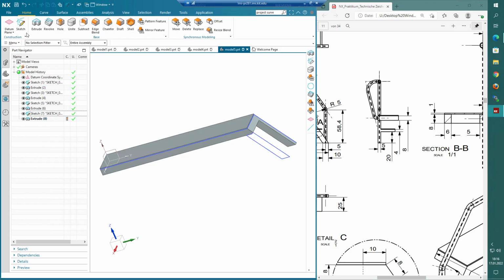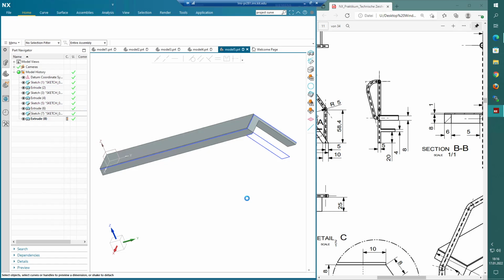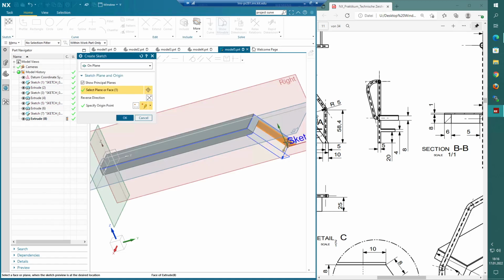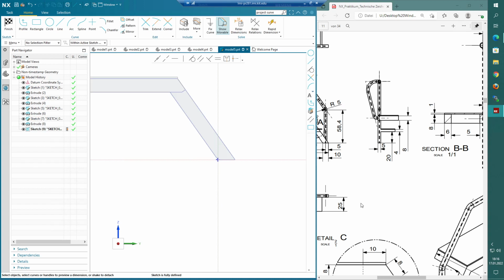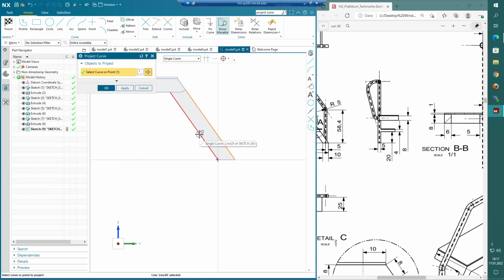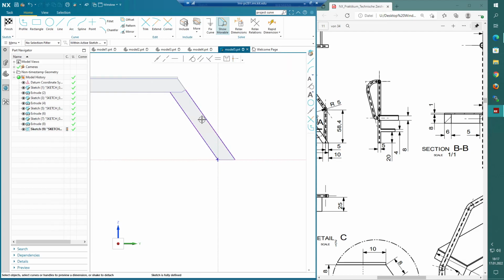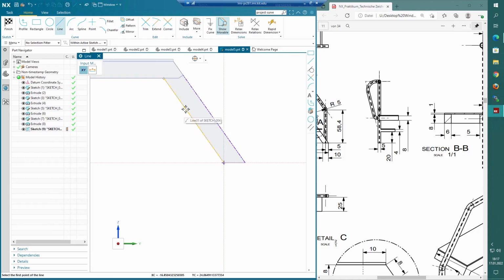Or actually, you know what? Let's do another sketch, where we are sketching on that again. This time it's a little bit behind. And now we are again projecting these two curves so that we have references, converting them to reference, don't forget that. And then we draw two lines connecting them